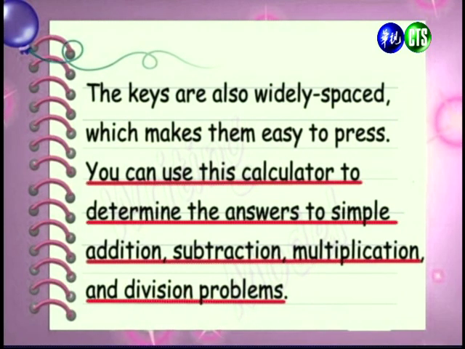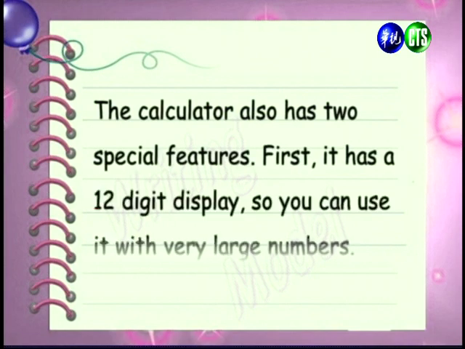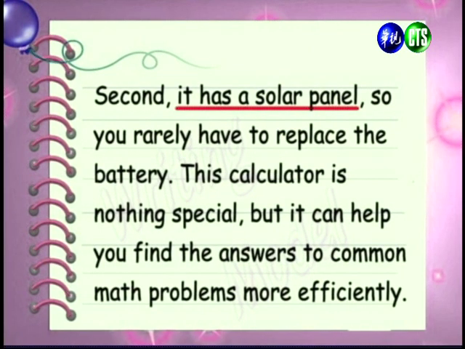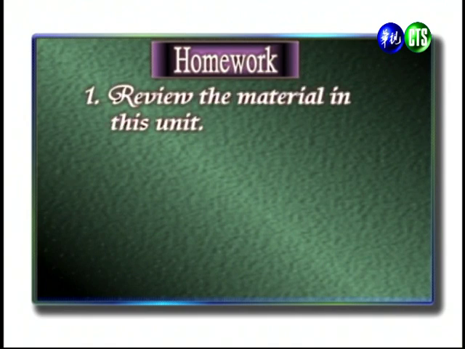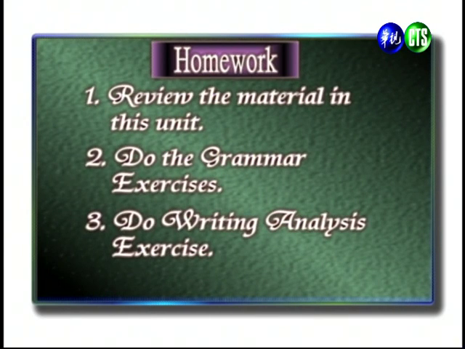在这个部分讲到这个计算机的功用这也是客观描述。Having a 12-digit display is also objective. 12位数显示的这个特色呢也是客观描述。And then having a solar panel is also objective. 那讲到太阳能板的部分，也是属于客观的部分。